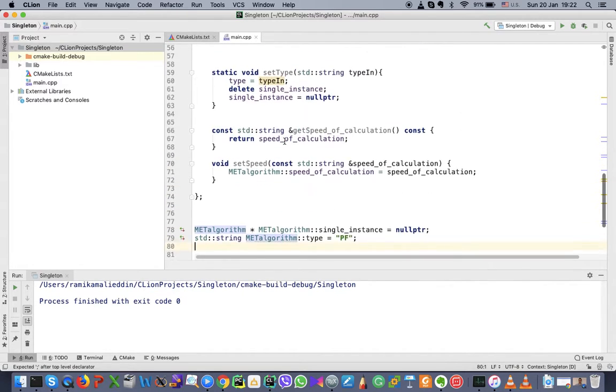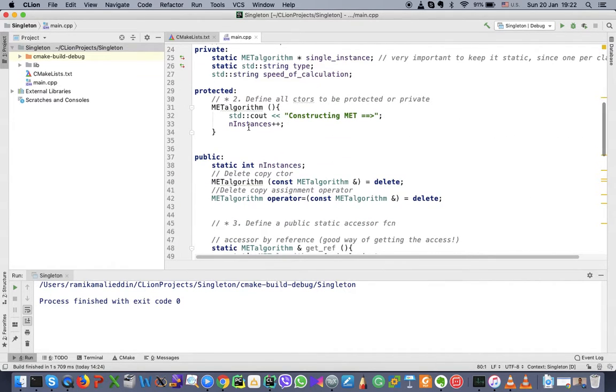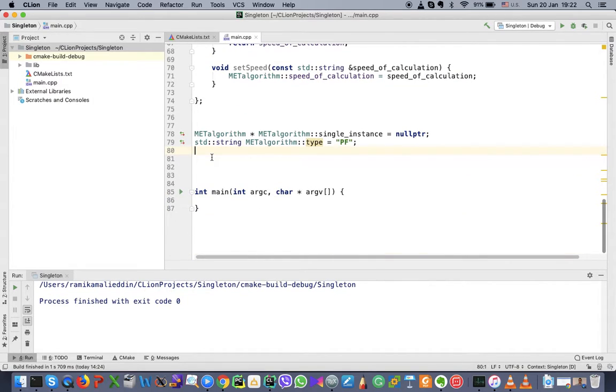And finally, number of instances. So number of instances, it was under public static int. So we'll say again int MetAlgorithm number of instances equals to 0. Now this is very important, like all these lines here, because otherwise